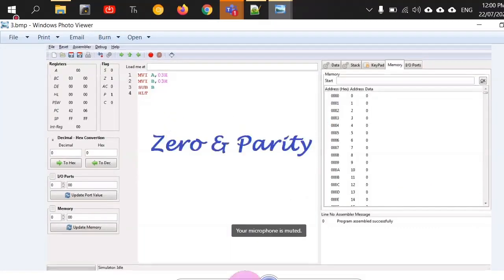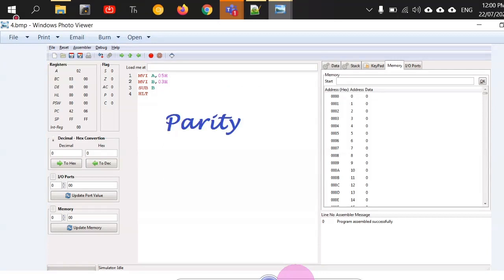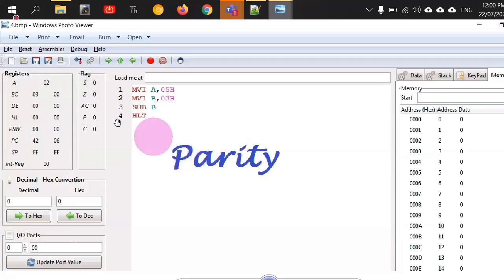So you have understood, let me start from the very beginning, the carry flag. Sir, in the binary of 2, there is an odd number of ones, right? Wait a minute, the binary representation of 2 will be 10. Yeah, that is true. That's why parity is not set. I have not executed the program because this is a screenshot of that, but it was my mistake. The number of ones in 2 is 1, I thought it was 2, so I was mistaken there. The number of ones is 1, which is odd, and this program is already executed. That is why this parity bit is 0, right? Thank you for pointing that out.